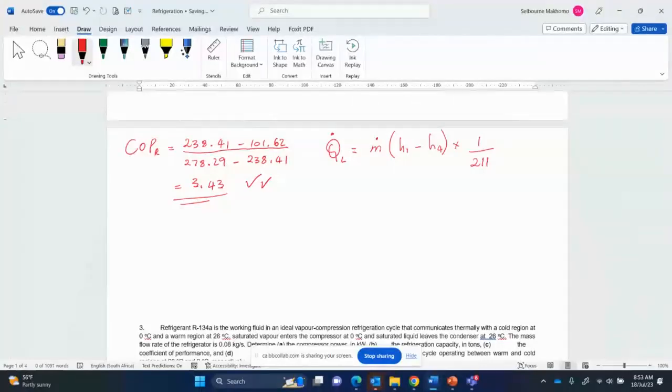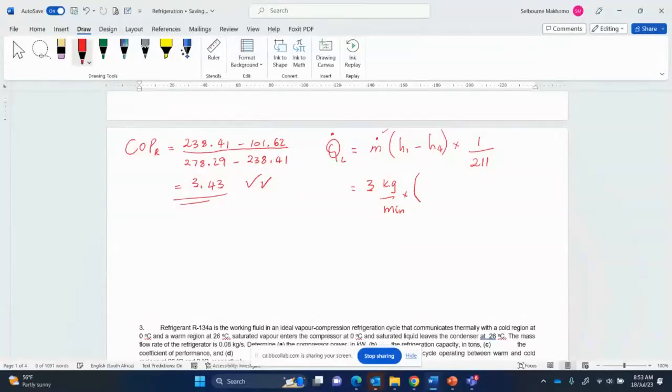It means that 1 ton of refrigeration is equivalent to 211 kilojoules per minute. So this 211 is kilojoules per minute. Now, when you're calculating tons, this M is not going to be in kg per second, it is in kg per minute. So M is 3 kg per minute